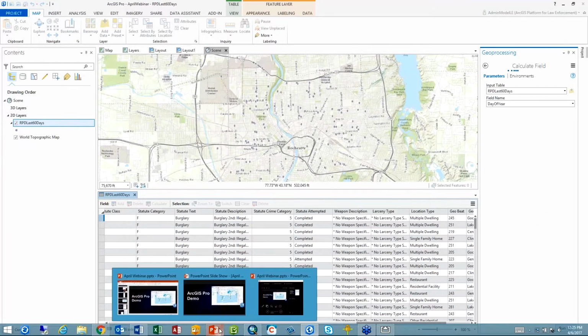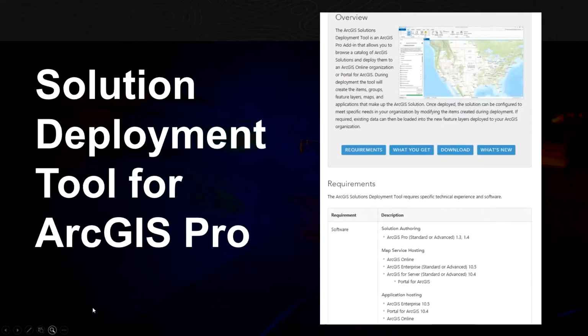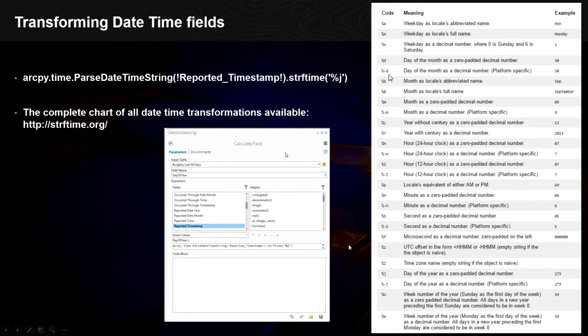So many analysts have to do all sorts of modifications to date time fields, and this is the new way to do that. So before I show you in ArcGIS Pro, I just want to show you briefly what the string is, and we'll send this information out for you in the future. But to take any date time field and transform it into some other time aggregation, month, year, day of the week, hour of the day, you use this particular function string,